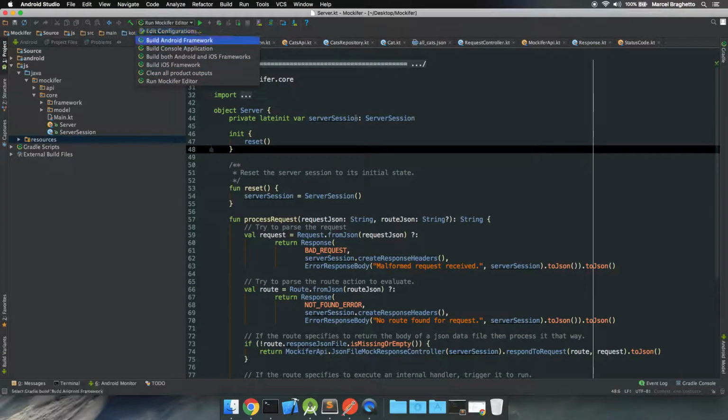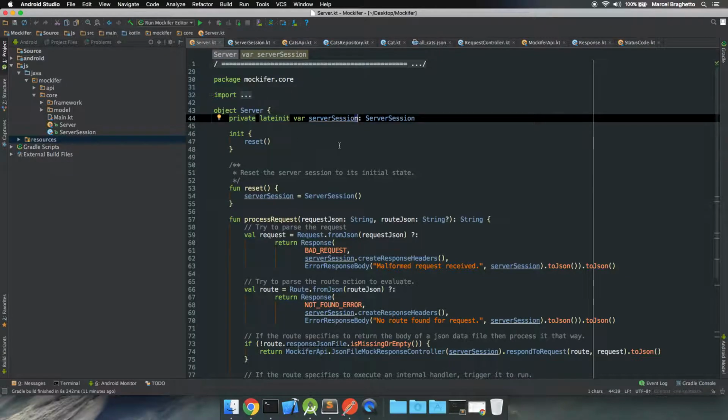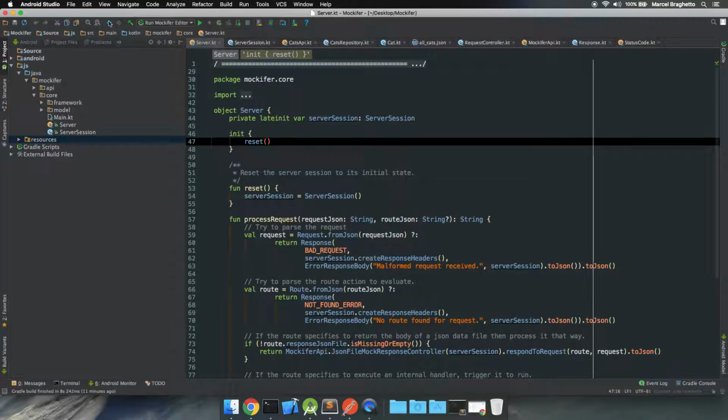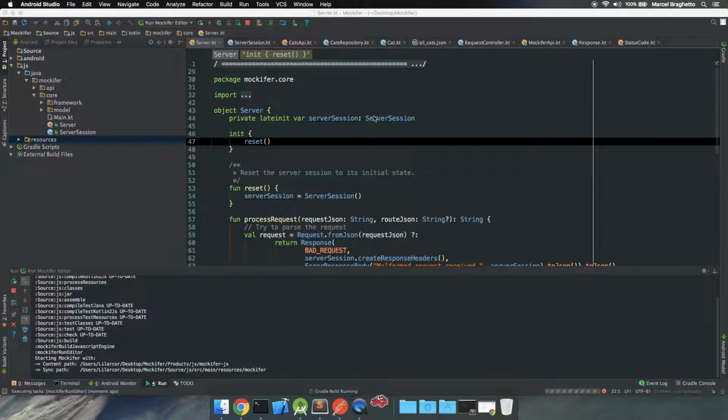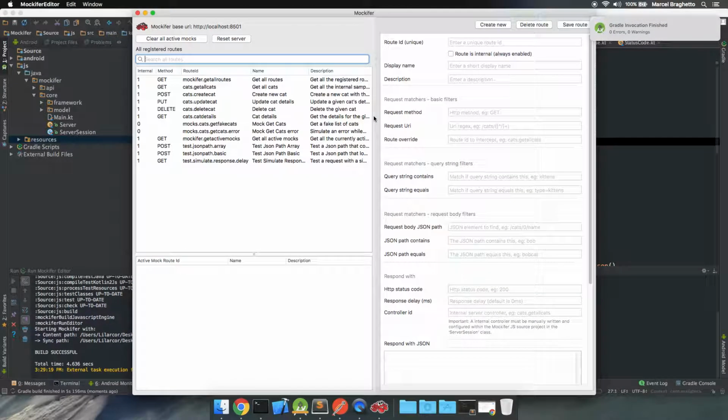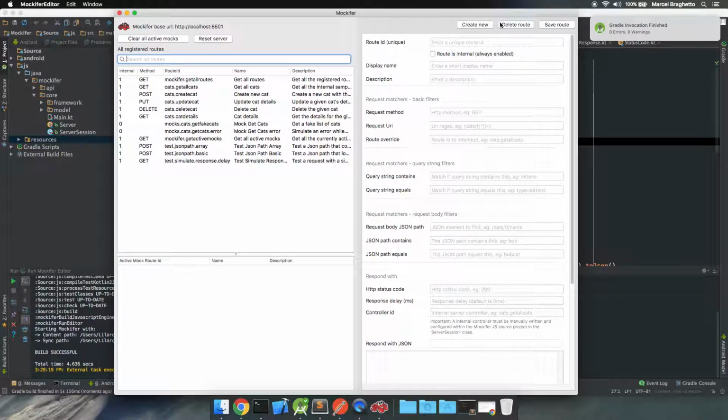But the important one is this one, run Mockifer editor. So normally you would write code in here, and then to try it out, you'd run the editor. So we'll do that now, run the editor. Okay, and this is the editor that you've seen before in previous tutorials. And we're going to create a brand new route. So we're going to call this one